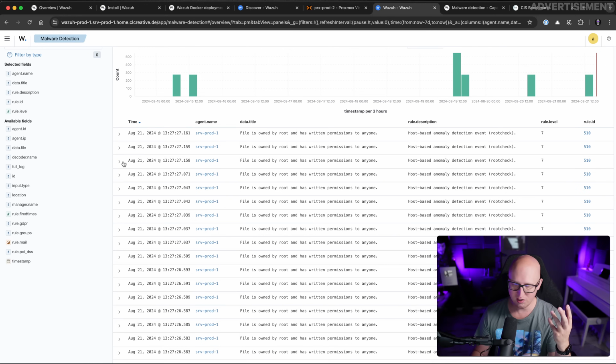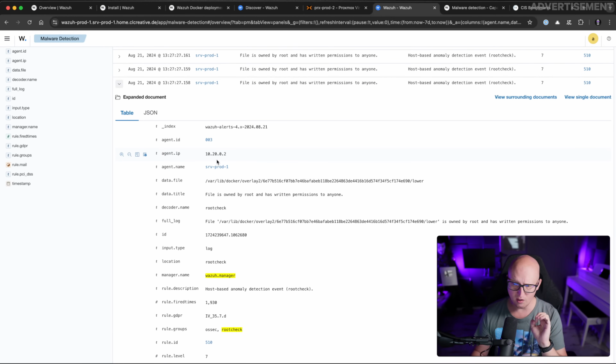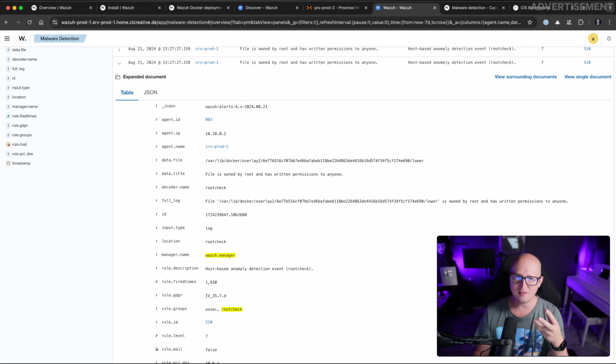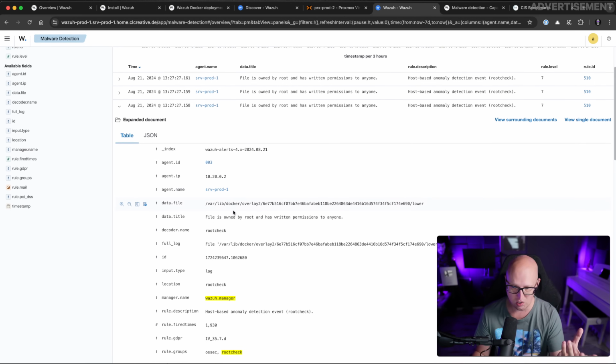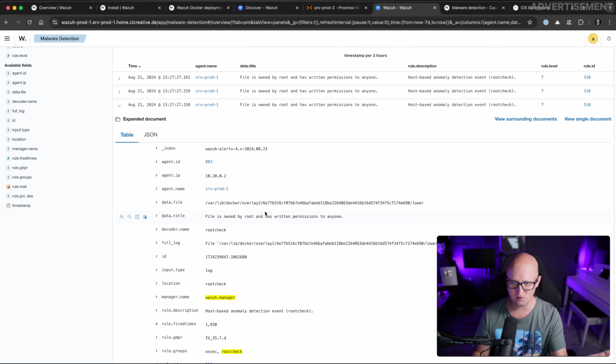So for example, here, that was just today, a few hours ago, there was an event reporting that specific file, saying that the file is owned by root and has write permissions for anyone. Those events, and this is always the case when you're doing security research like that, you have to go through carefully and review them. Again, some items might be important, some others might not be. For example, I know for sure this file just has to be owned by the root user because it's created by the Docker daemon. So this is not really a bad thing on my devices,